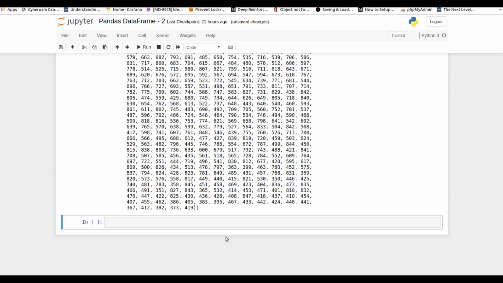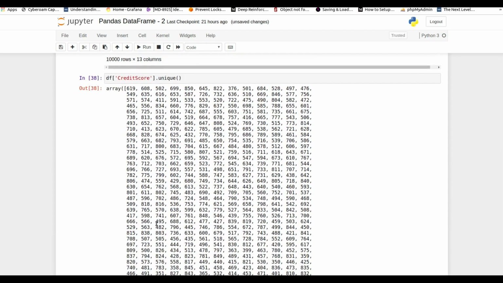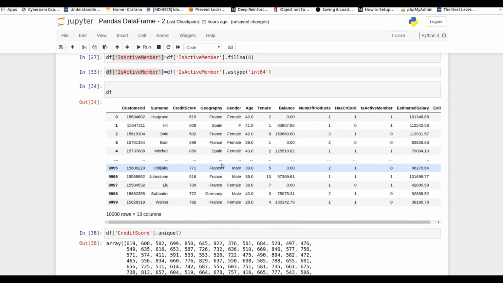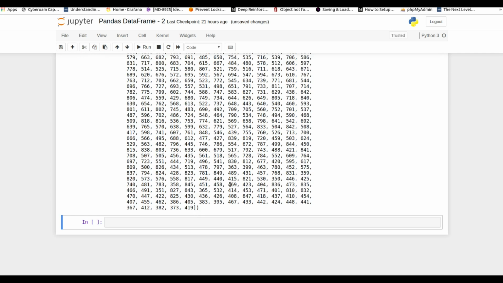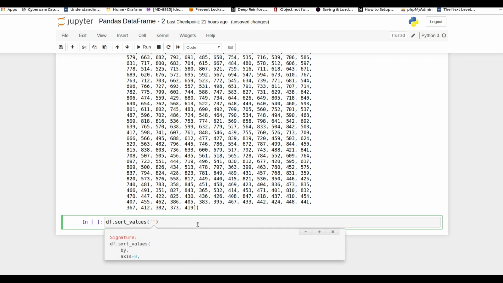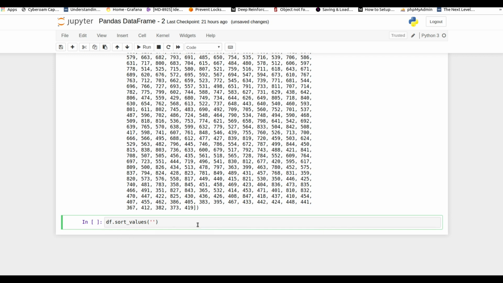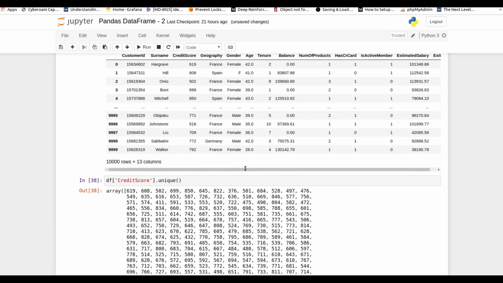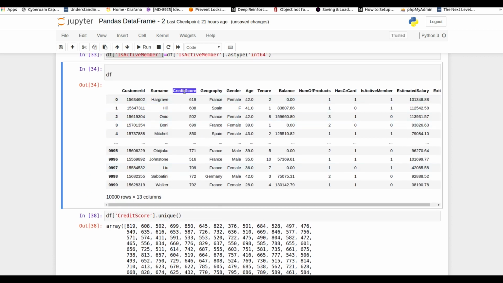Next, I'm going to cover sort_values. Suppose you want to sort a data frame depending on some column, you need to use df.sort_values, and I'm going to provide the name here with by. I'm going to sort it by credit score.